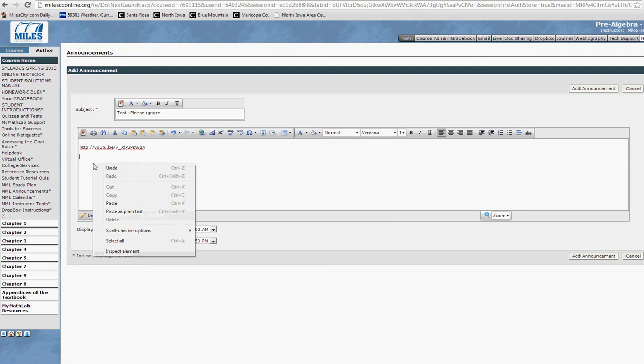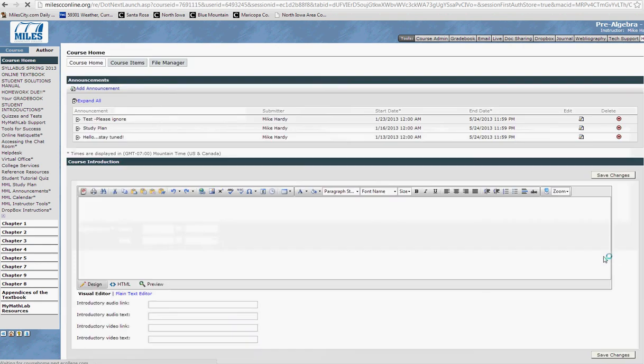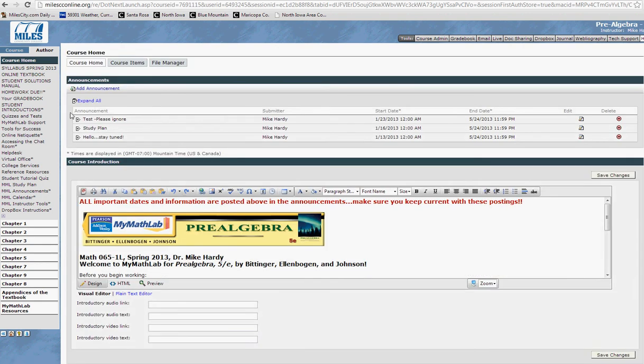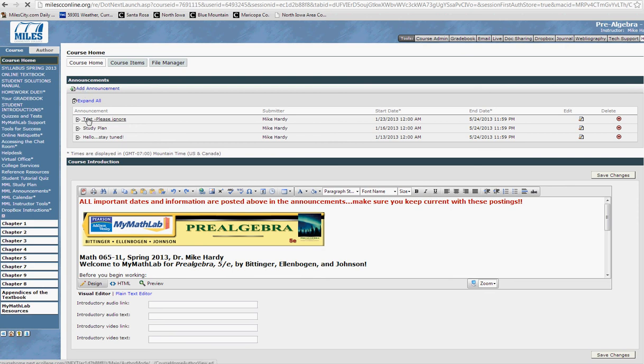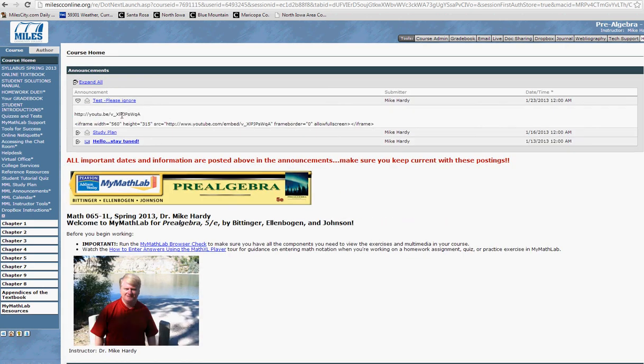Now I'm just going to naively paste this in here. Okay, so your temptation is just paste that in, like we did the first one. Okay, now I'm going to click add announcement. Okay, now here's the problem. When I go to that announcement, the test announcement, please ignore, you're going to see this just shows